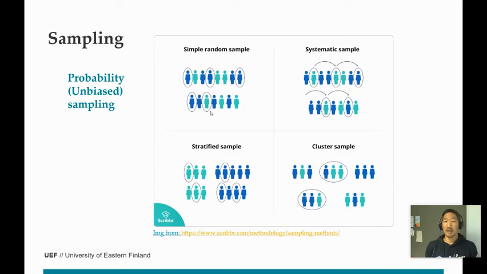You can use Excel easily to generate numbers. So for instance, if your target group is the degree students at the UEF, there are about 25,000 students. So it's really hard to collect the data from all of them. So you put all the names of the students in order from 1 to 25,000 and use the random number generator and pick them based on the generated number, like 1, 2,